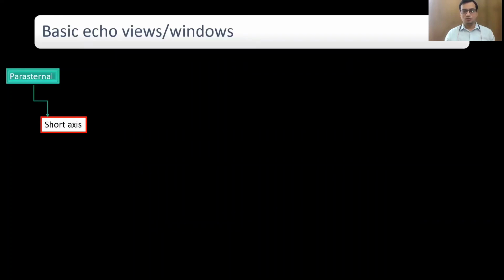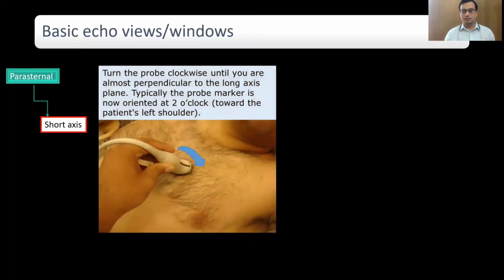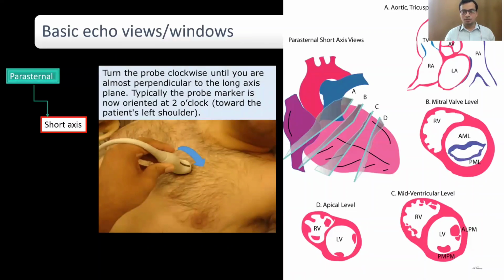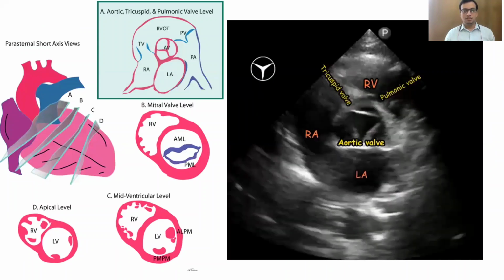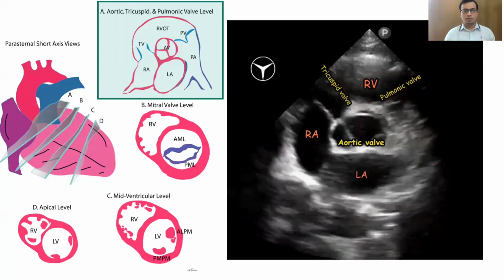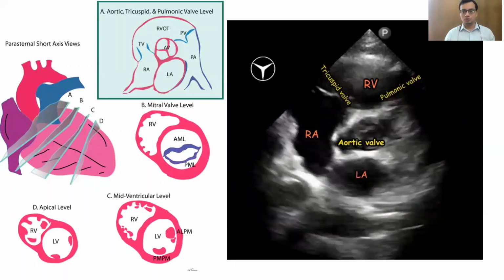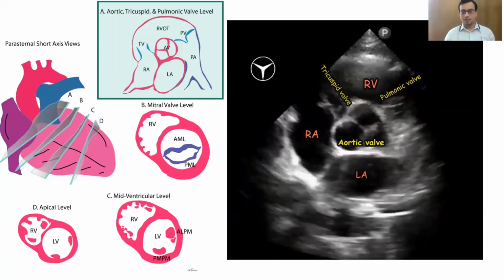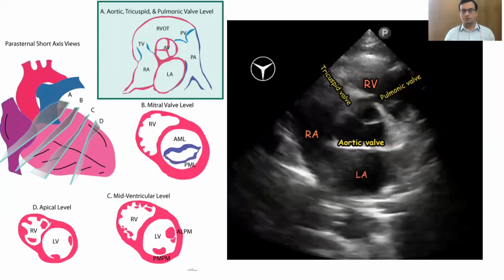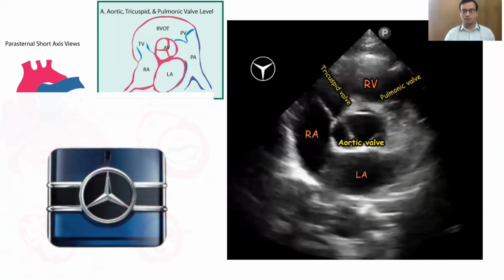After the parasternal long axis view, turn the probe clockwise till you get the left ventricle in circular shape on the ultrasound screen. And this is the parasternal short axis view. There are 4 levels of parasternal short axis views, namely the ATPV level, mitral valve level, mid-ventricular level, and apical level. To achieve the ATPV level, that is aortic, tricuspid, and pulmonic valve level, also known as the basal level, the probe is moved towards the base of the heart in short axis view to see 3 aortic valve leaflets in the circle. When the leaflets approximate at the end of systole, it gives the impression of the Mercedes-Benz sign.